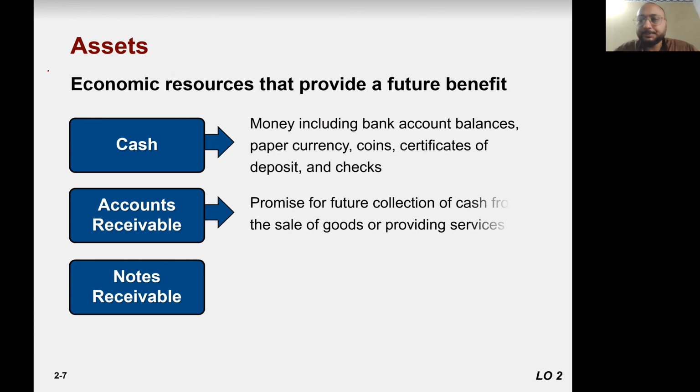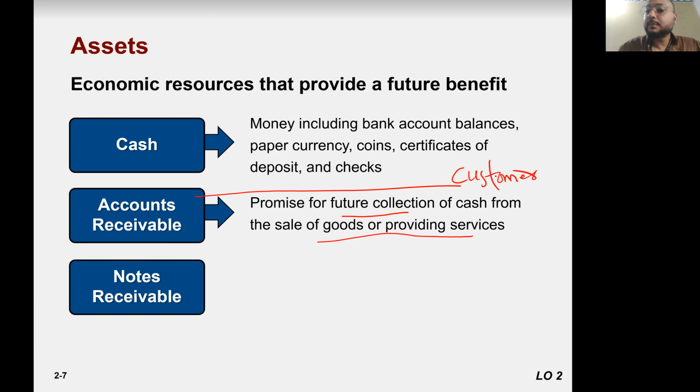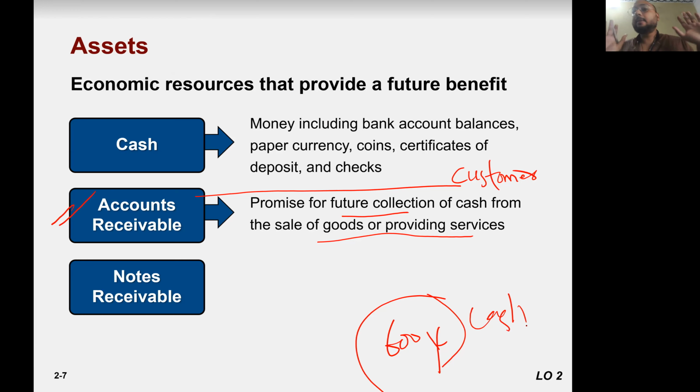Accounts receivable. It is the promise for future collection of cash from the sale of goods or services. So these are our customers. If a customer has a cash sale, then they are not our accounts receivable because they fulfilled their claim. They paid all their transaction. If I purchase this pen at 600 yuan through cash, then I have nothing to do with the